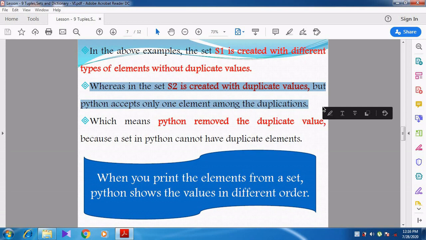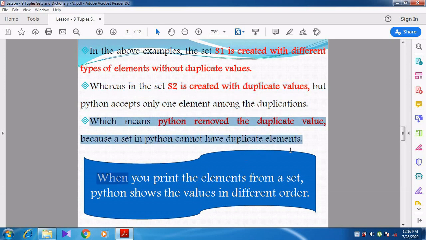It is not allowing the other element 2, so it stores only one element. Which means Python removed the duplicate values, because a set in Python cannot have duplicate elements. A set does not allow duplicate elements to be stored inside it.